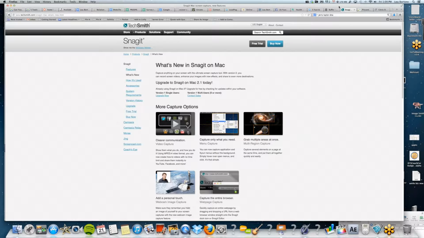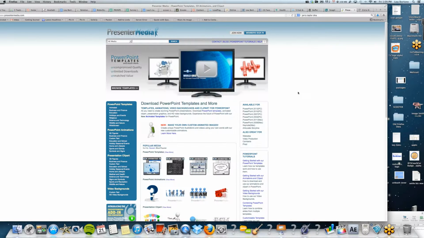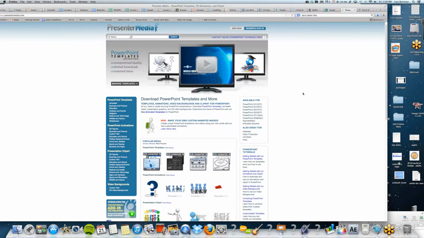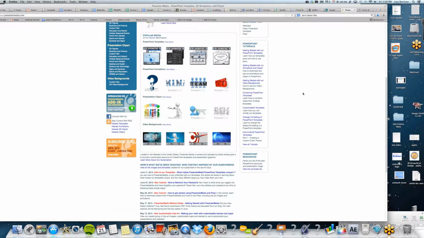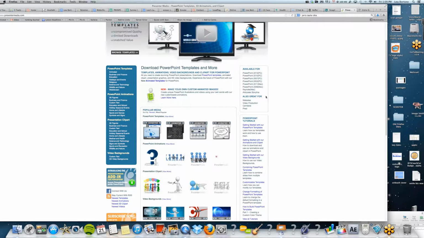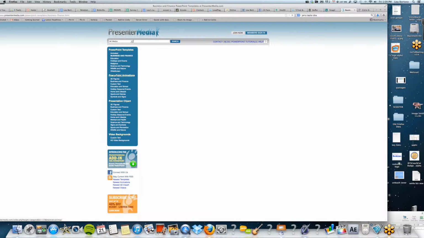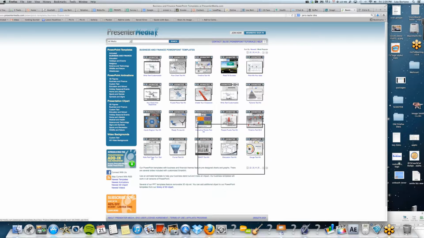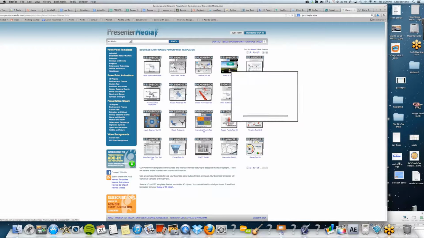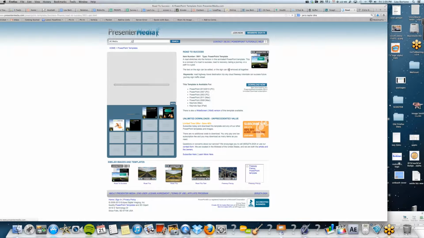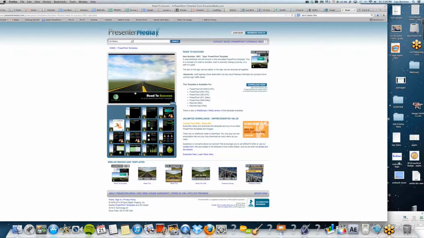Excellent. And here, while we're online, let's take a look at Presenter Media. So here is the Presenter Media, which is basically you purchase Presenter Media for a month or a year, or however long you need it, and then you can search for templates. So if you want like a business PowerPoint template, you search for that, and you take a look at the various templates that they have, and you can say, oh, here's a cool template with lots of road signs, and